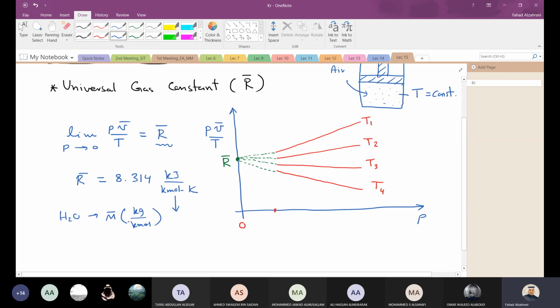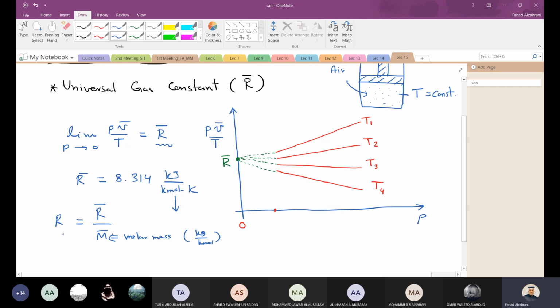So if I use the molar basis of any gas, it's not the universal gas constant anymore. We call it the specific gas constant. So R without the bar on top is R bar divided by M bar, and M bar is the molar mass, in kilogram per kilomole. So if I divide my R bar by M, the molar mass, I get what I call